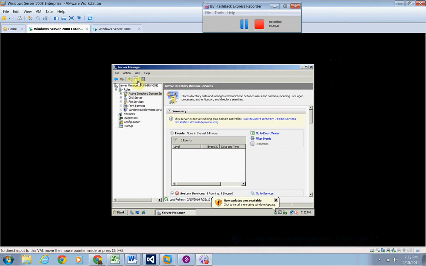So we will go to Server Manager, which is where I'm at, and I'm logged in as administrator. In Server Manager, we click Active Directory Domain Services to view the AD DS summary pane. In the Active Directory Domain Services summary pane, we're going to click Run the Active Directory Domain Services Installation Wizard,